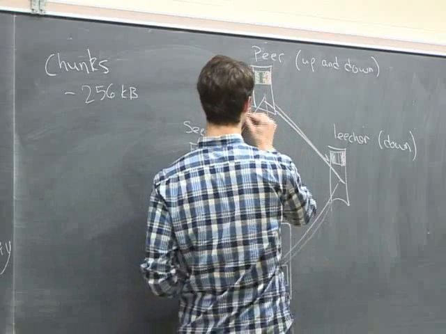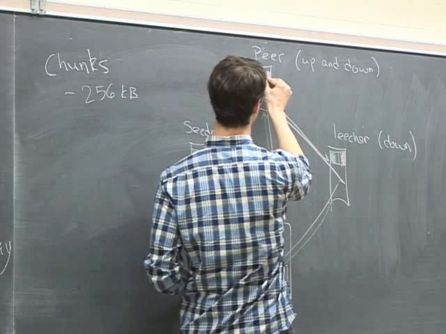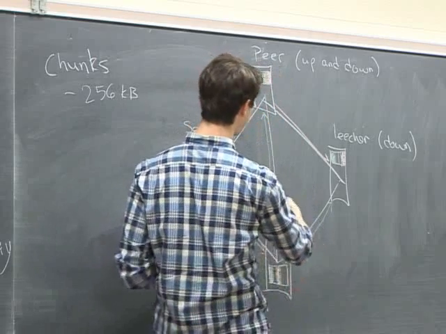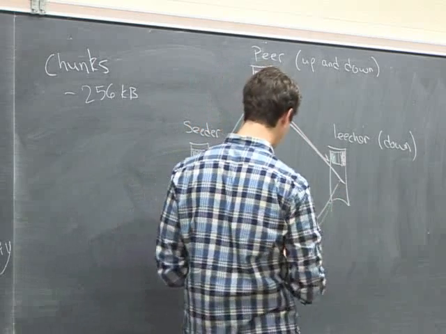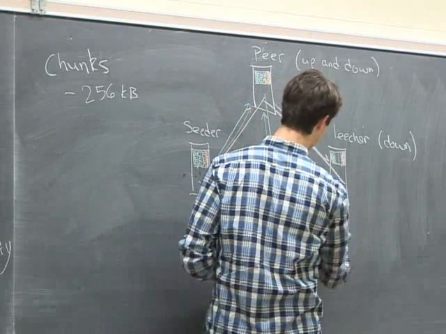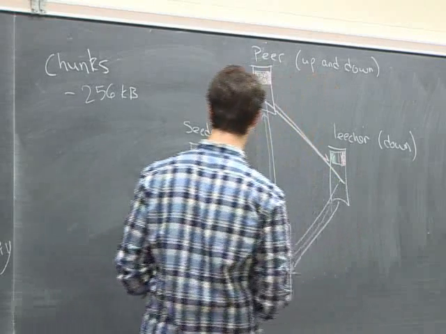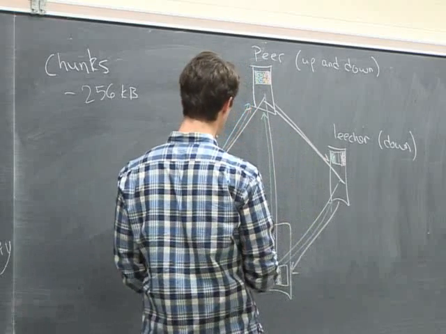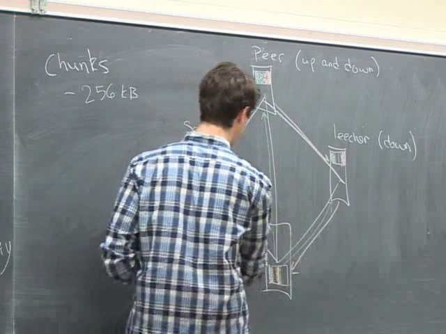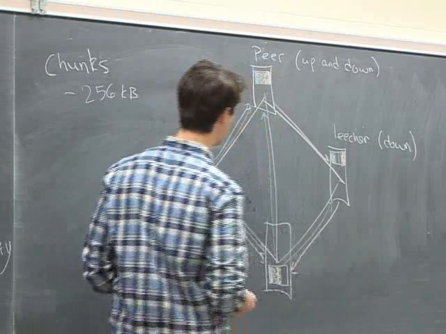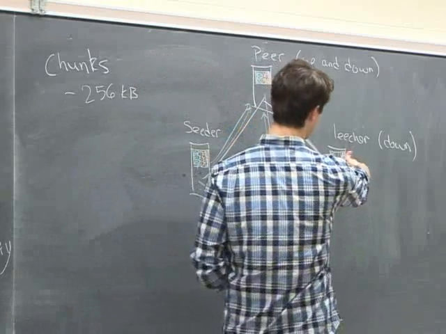So this guy gets the blue chunk from the server. And then this guy, let's say he asked the leacher for the pink chunk and asked the seeder for the blue chunk. So it gets the blue chunk from the seeder, but this guy is a leacher